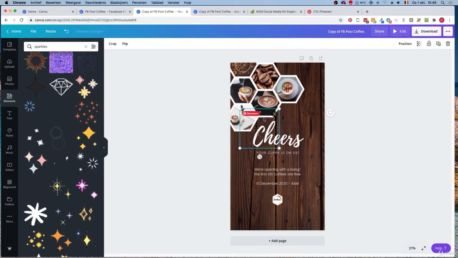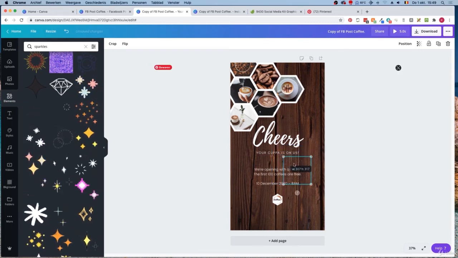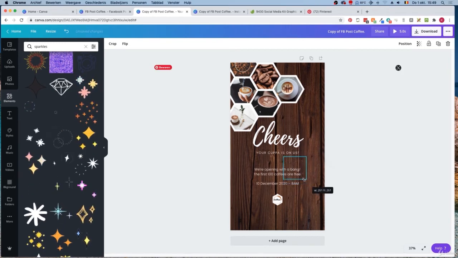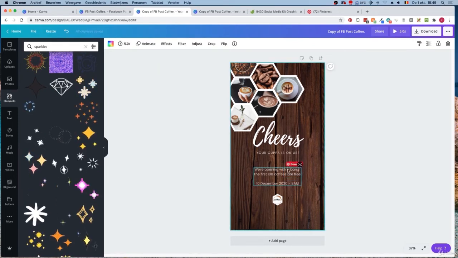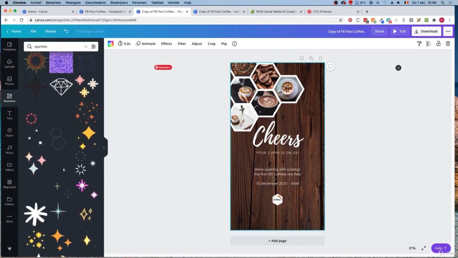So what I want to do is add these very nice but not too much sparkles behind my text. And in this way I have a little bit of engaging and action going on in this story. It's not too much, it doesn't make it look all Paint, the program we used when we were kids, but it's just distinguished and it looks very nice, but it has something moving, so it will catch your